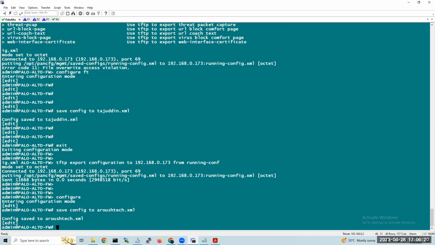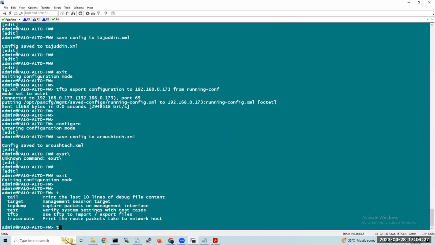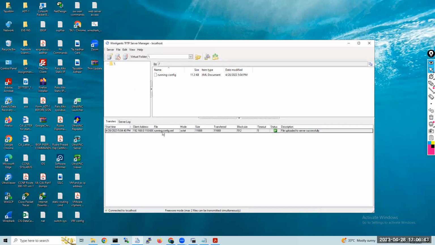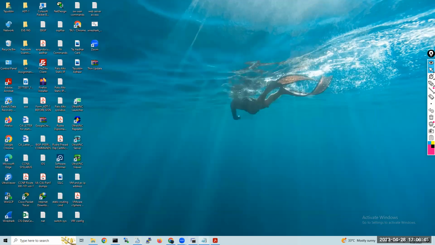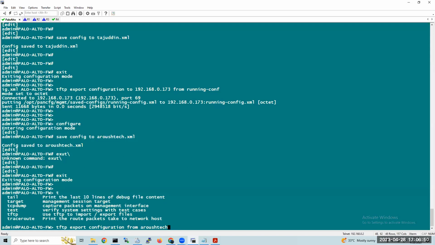Same thing. We can also do one more thing. Exit, and TFTP export configuration from, say example. What is the file name you have given? Not this, running config.xml. This is the file name, right? tech.xml to 192.168.